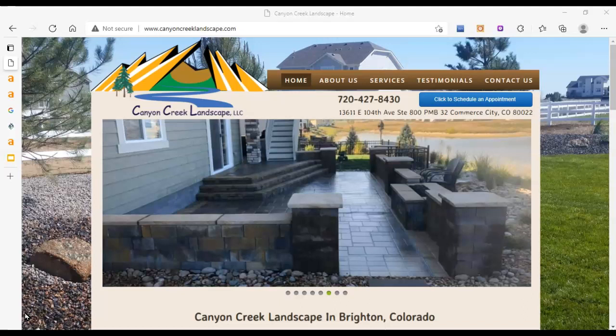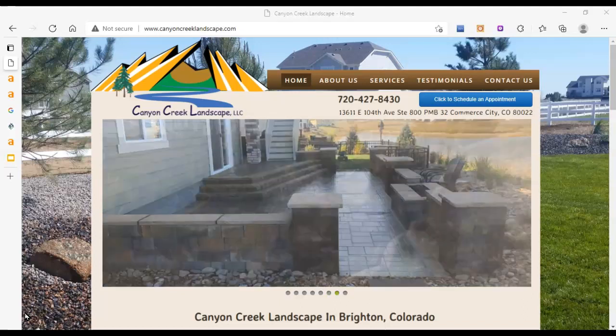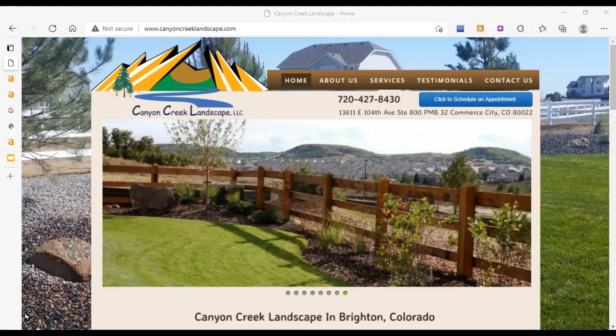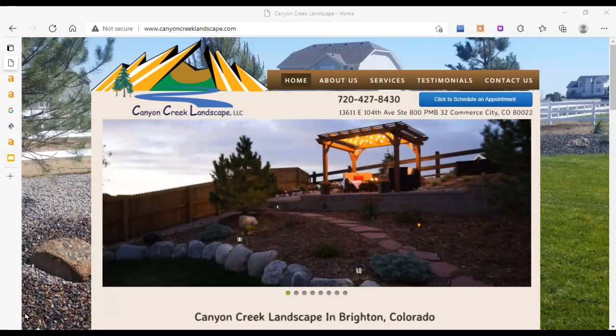In this free SEO website audit provided by G3 Agency, I'm going to show you 3 to 4 things that you can do to get Canyon Creek Landscape in front of the people searching for landscape services in